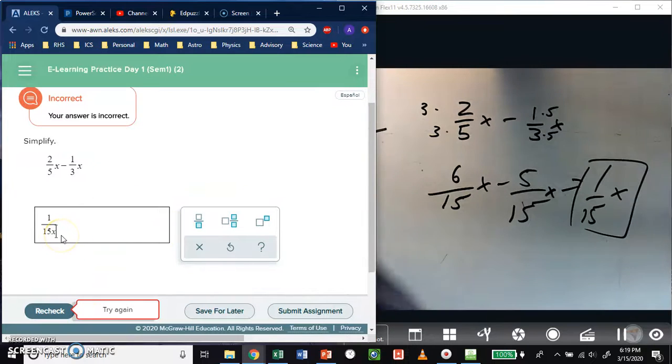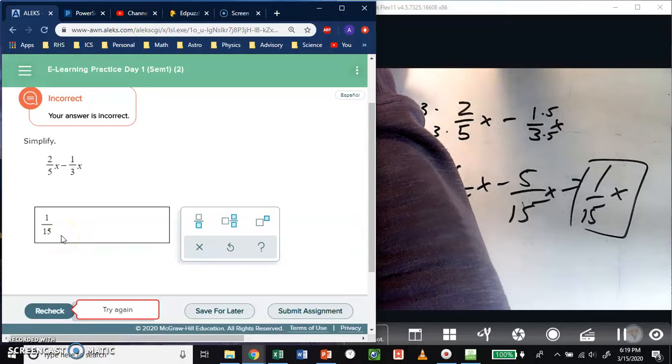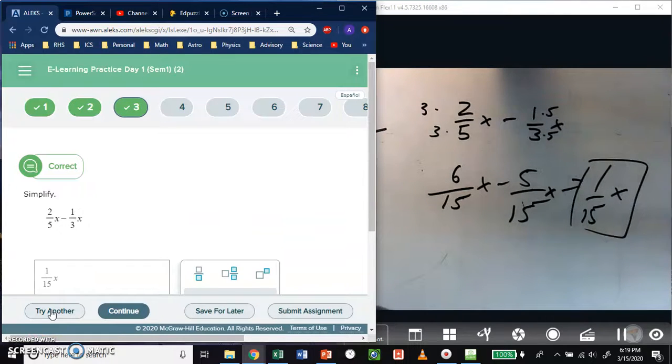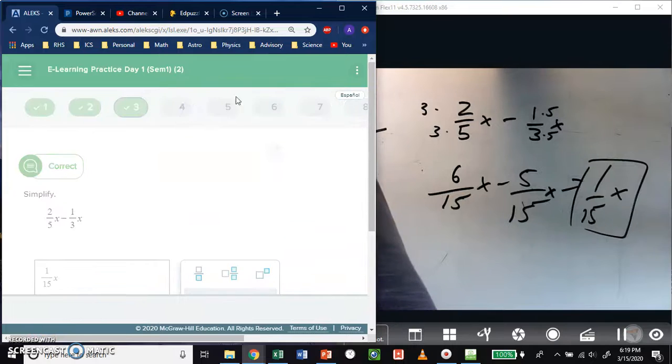Oh, okay. It got mad at me, just so you know. I put an x on the bottom. The x should be next to the 15. We'll hit recheck. And we got it right. Alright, we're going to skip on to